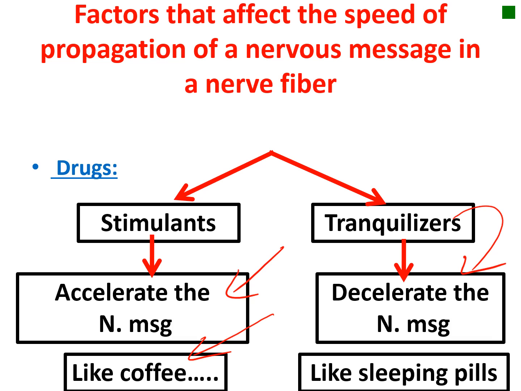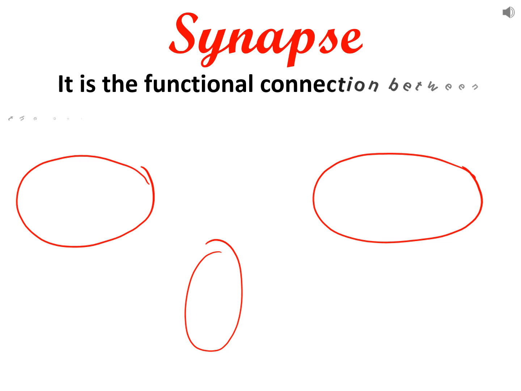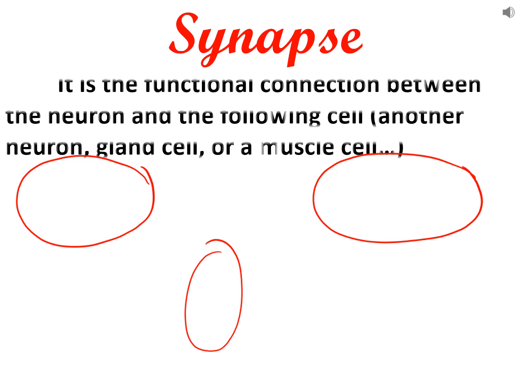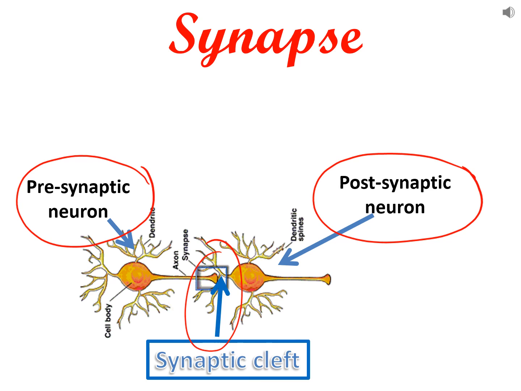Factors that affect the propagation of the nervous message in the nerve fiber: we have drugs. Stimulants accelerate the nervous message, like coffee, which is a stimulant, while tranquilizers decelerate it, they decrease the speed, like sleeping pills. Synapses are the functional connection between a neuron and the following neuron or another cell, a gland,